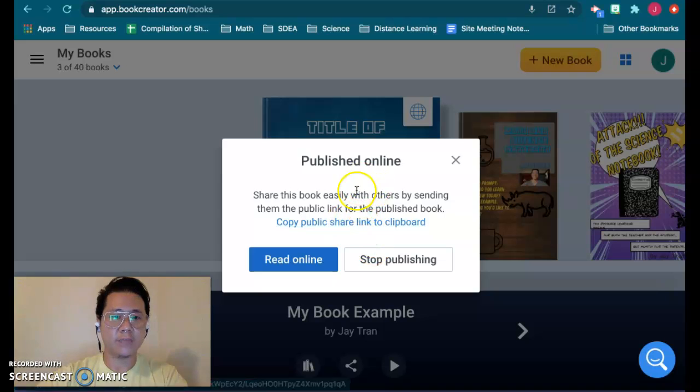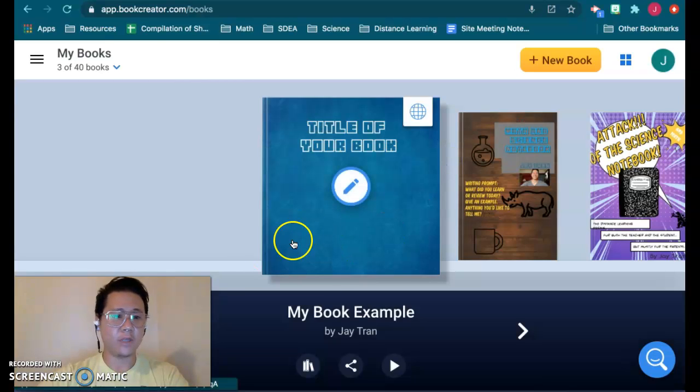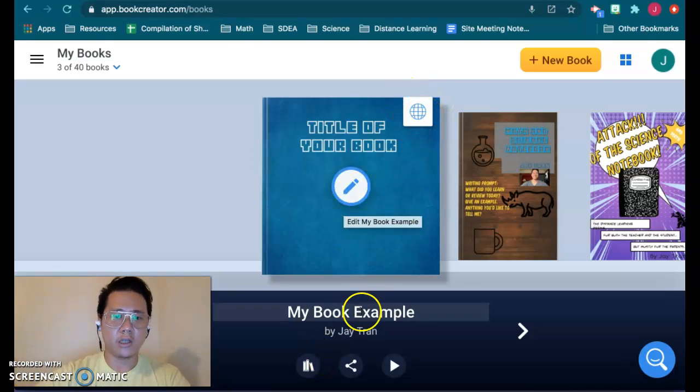Once you publish it, you're not able to edit again. If you discover that there's an error that you need to fix, or there is a typo, you see this little icon up here. It means it's published. You cannot change it. So you need to go back,